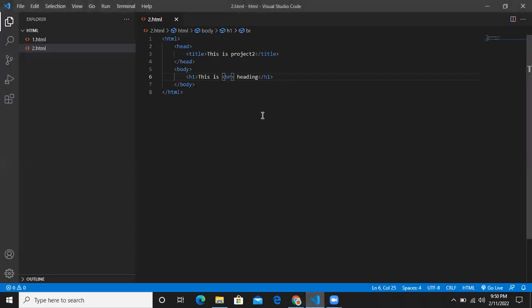So what is the use of B and I tag? B means bold tag and I means italic tag. For example, I will write there B tag. B tag is used to make a line or word bold. Control Shift and refresh it, but heading is already bold, so